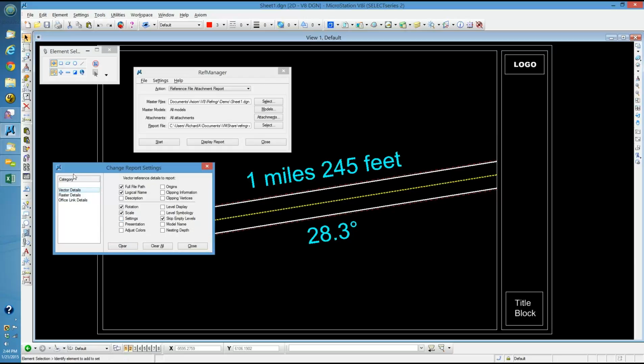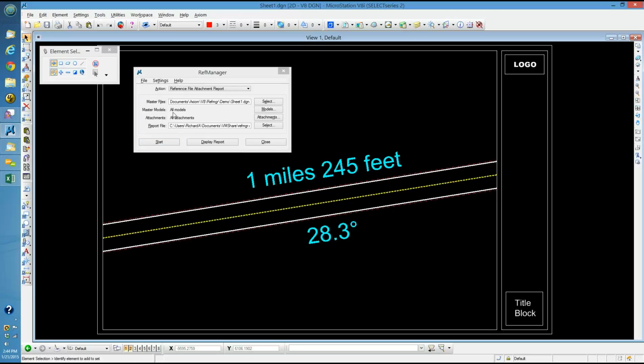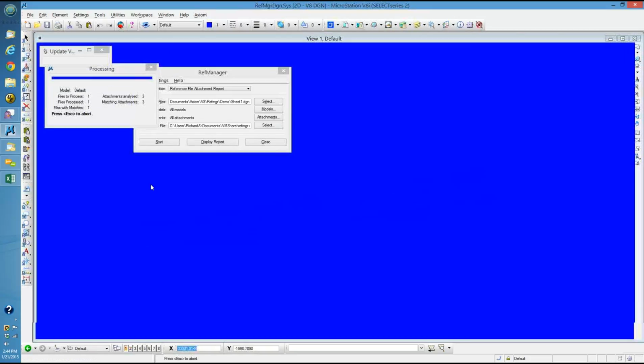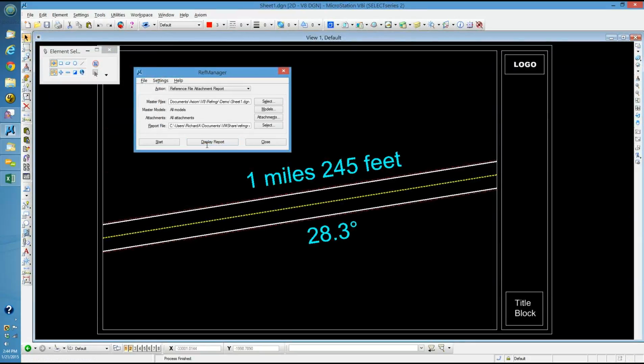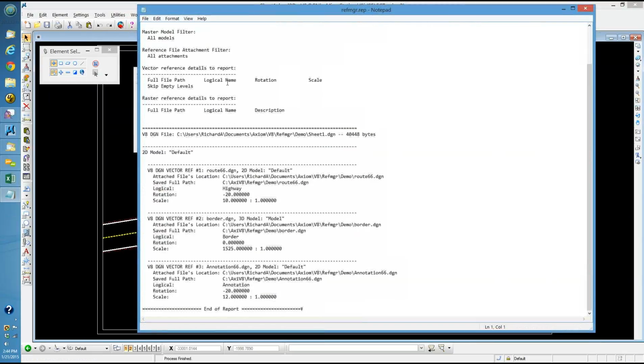This works on both master vector reference files as well as raster files. So you have settings to report on all that stuff. And when you've got it set up the way you want, you just hit start. There's also filters. Like if you just wanted to get data about one reference file, you could set a filter for that reference file. We're going to look at them all, so I'm going to hit start on just this one. There were 3 attachments on this drawing, and I can hit display report,